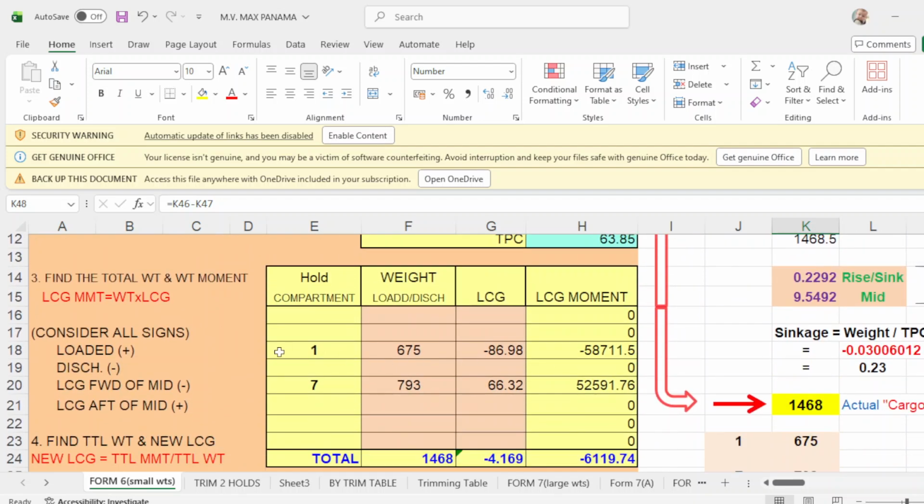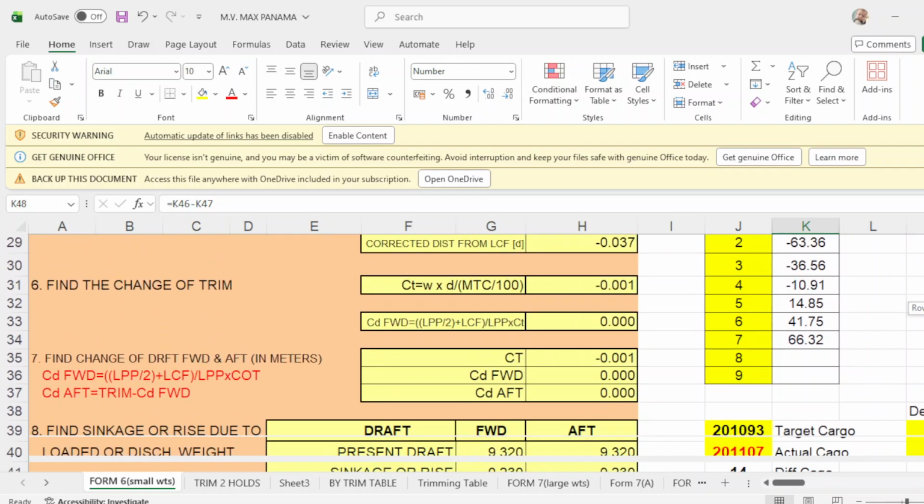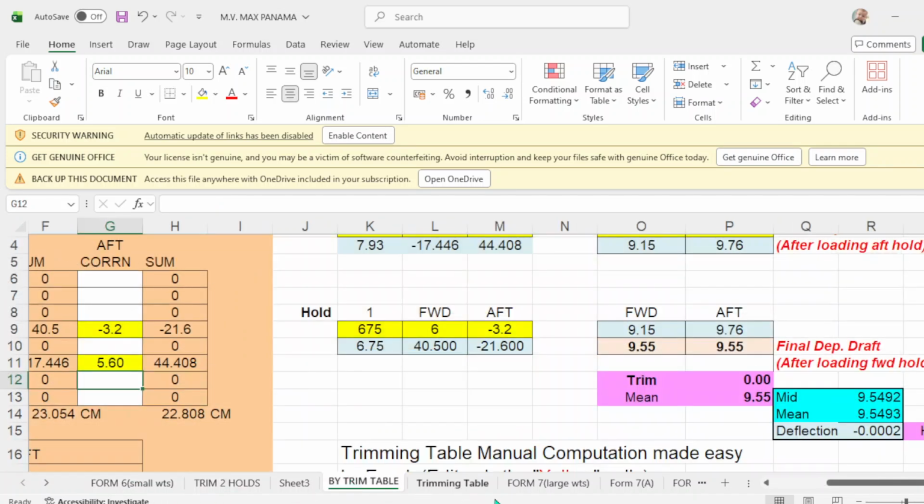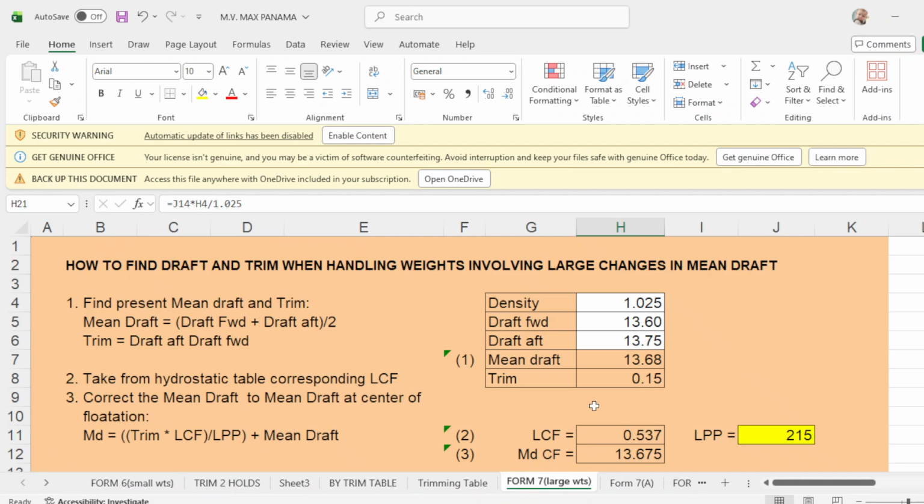And after loading 1 and 7, your final drop will be even keel of forward 9.55, up drop of 9.55, 0 trim, mean drop is 9.55. So you have 1, 2, 3, 4 programs that will back you up of your departure drop.